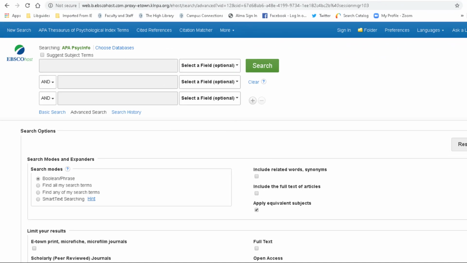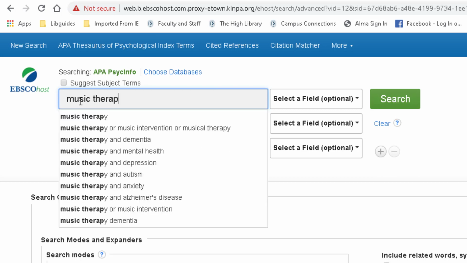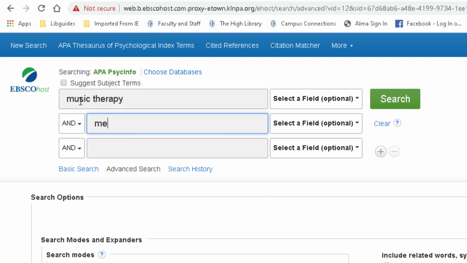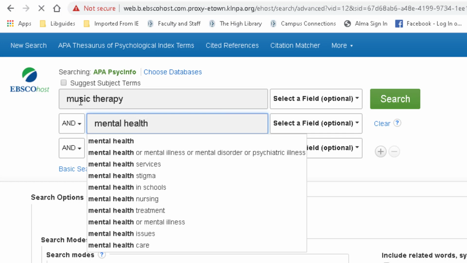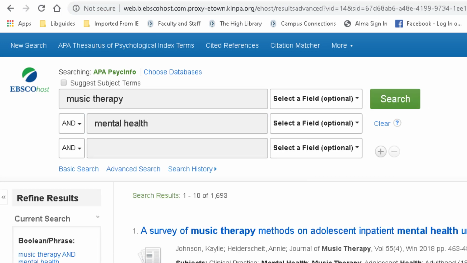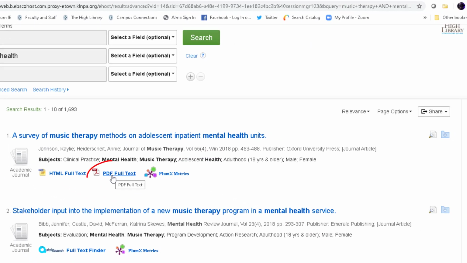If I'm looking to start organizing my research on the topic of music therapy, I might want to search in a psychology database like this one, APA PsycInfo. I'll use the search terms music therapy and mental health. And if I wanted to save this first article, which as you can see includes a PDF, I would click on this link,